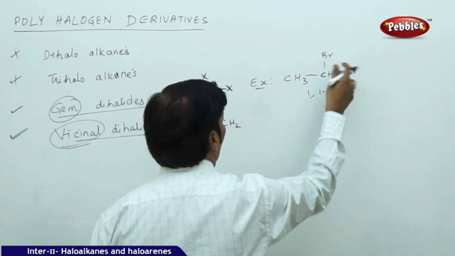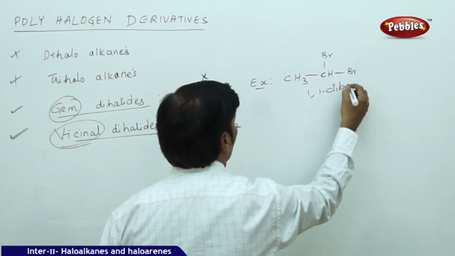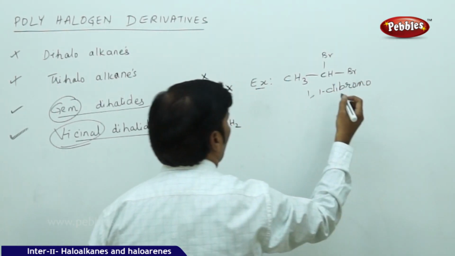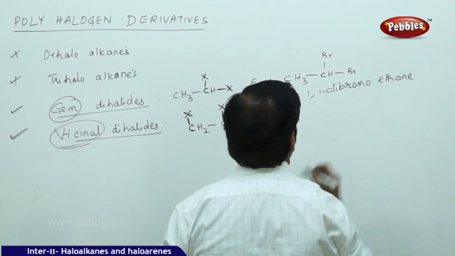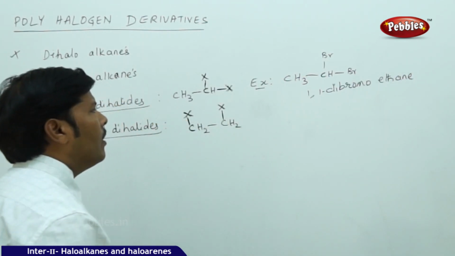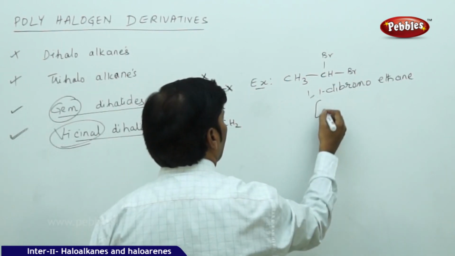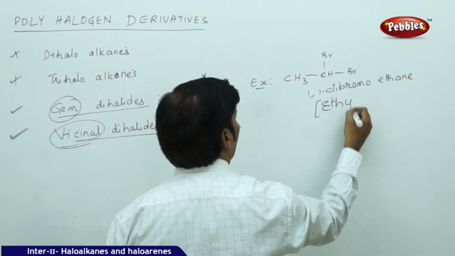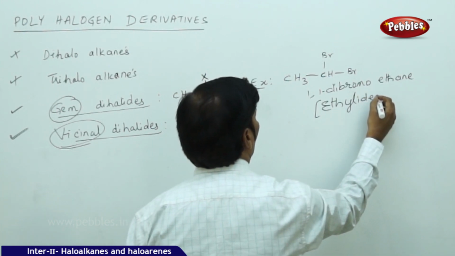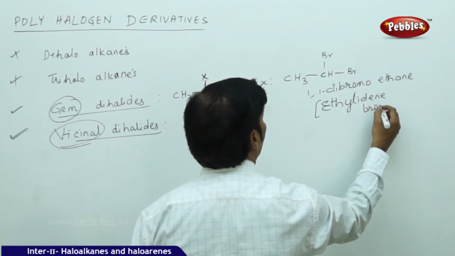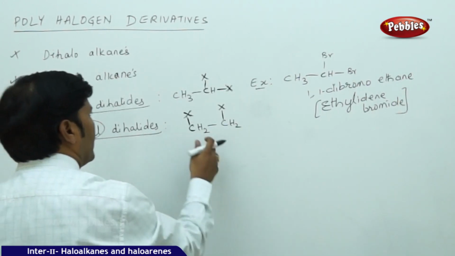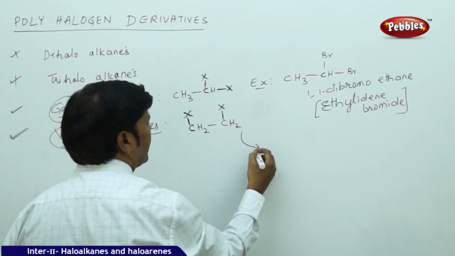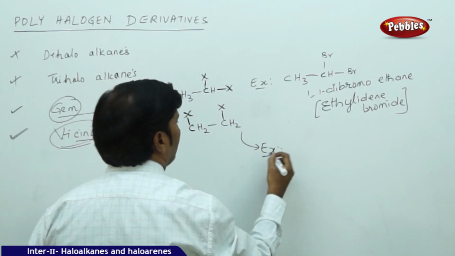So 1,1-dibromoethane is the IUPAC name, or we can simply say ethylidene bromide, the common name. In the case of vicinal dihalide, if you take an example,